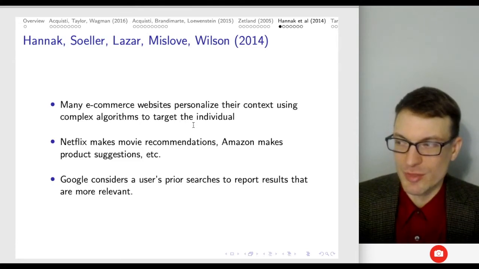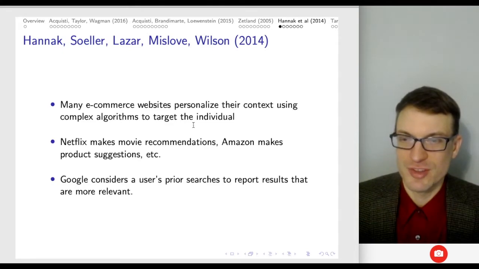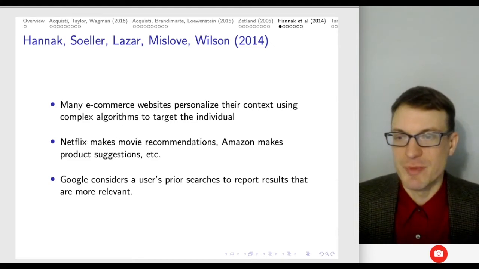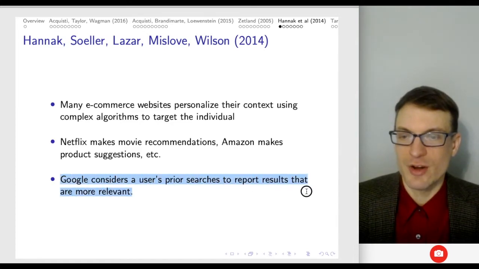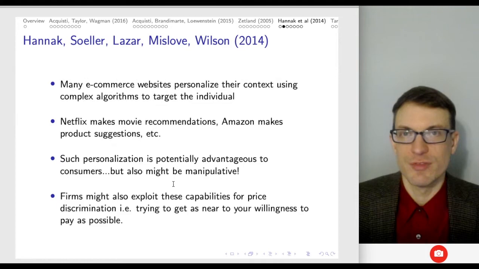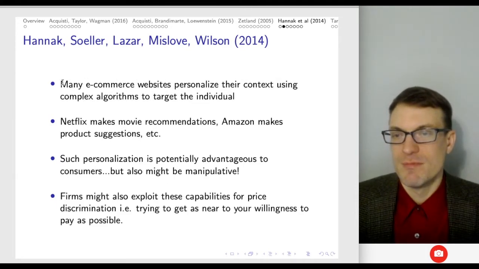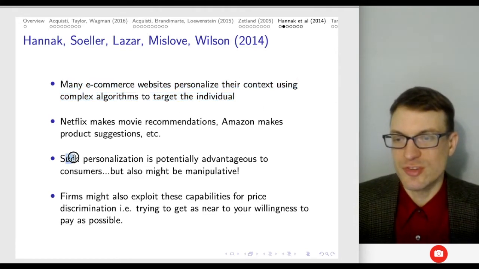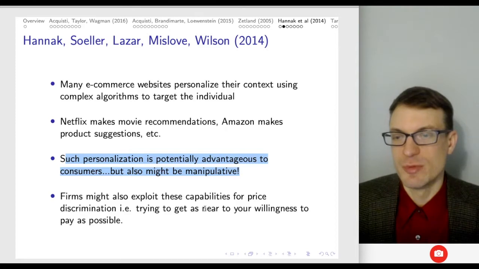And you're thinking about the structure. There is implicitly this sort of nudge based on the ordering of search results sometimes, and here we have it. So Netflix makes movie recommendations, Amazon makes product suggestions, so on and so forth. Google uses users' prior searches to report the results that are more relevant, right? Many websites personalize their content using complex algorithms, and this personalization is potentially advantageous to consumers, but it might also